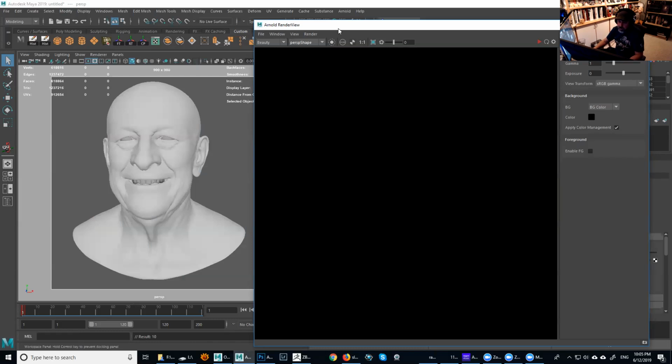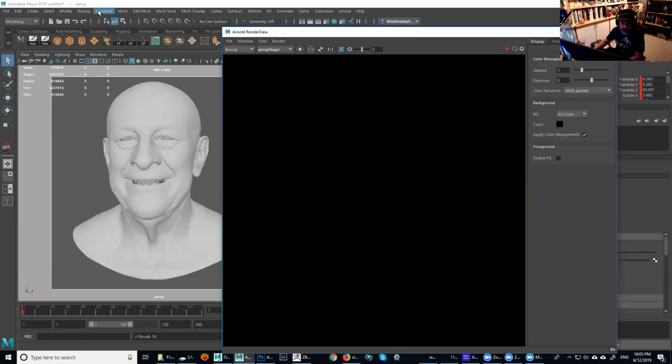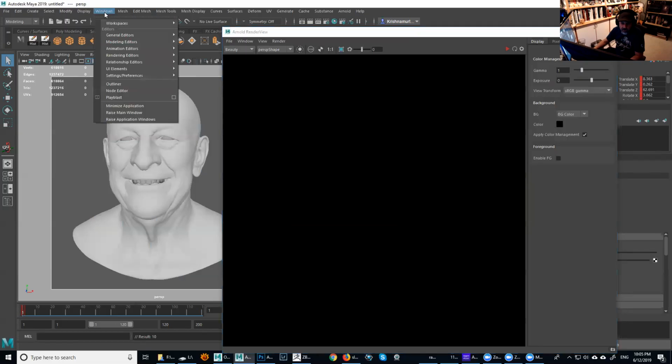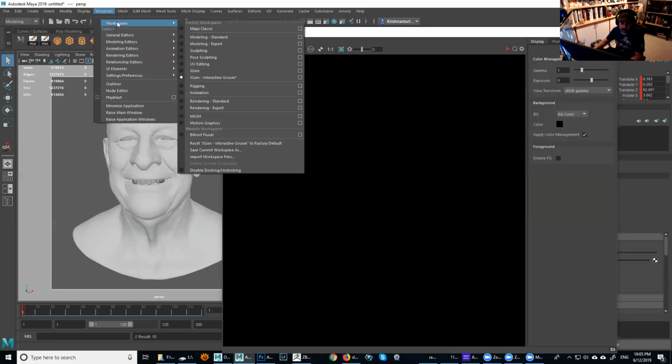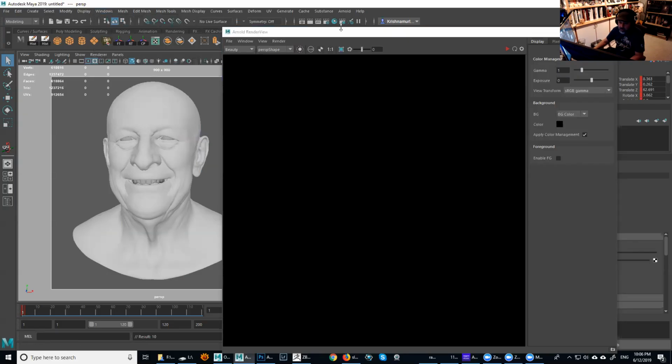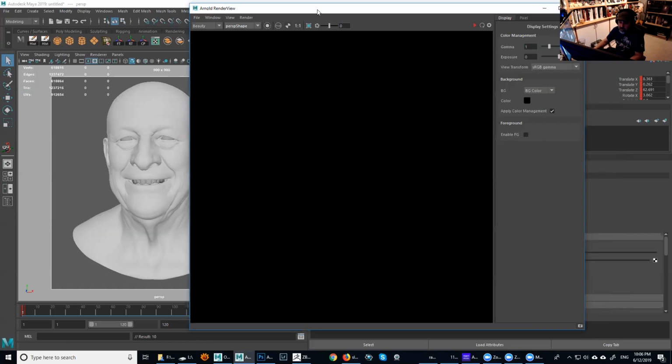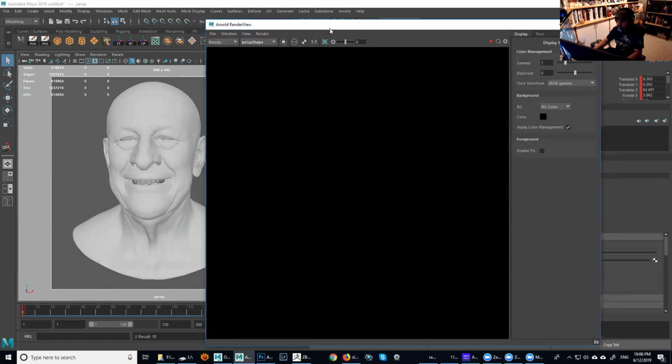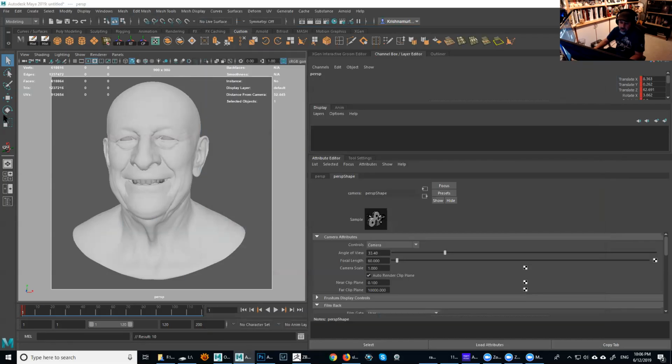So I'm gonna just move this one away. Oh, you see what Maya's trying to do is actually trying to dock everything there. Look, if I release it now, it's gonna dock it. And I hate that stuff because I wanna be able to control it. So if you go to Windows and then Workspace, the last option here says disable docking and unlocking. So I normally keep that one on. So now if I move it in here, it doesn't dock it, it just doesn't bother me. So I'm gonna move this one away for now, to the other monitor in here.